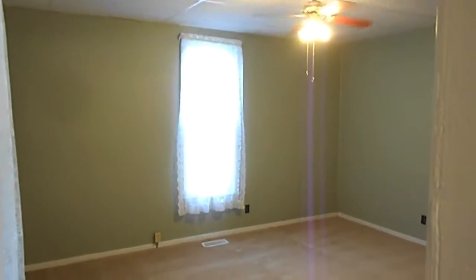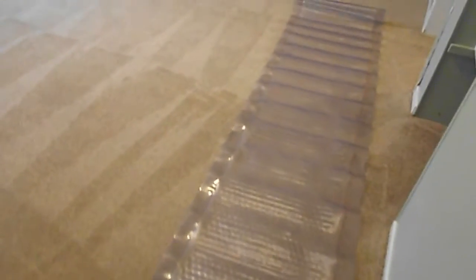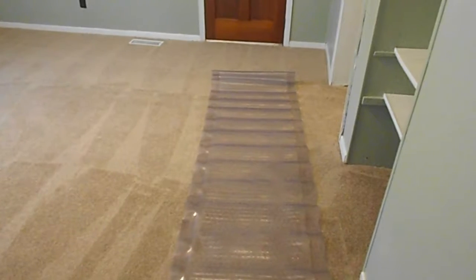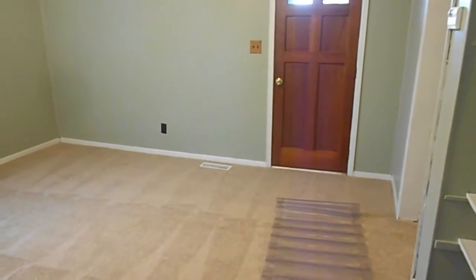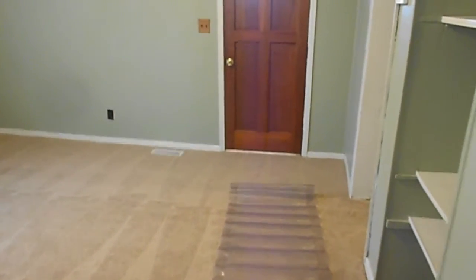I know I've got this runner on the floor. The carpets just went in today. And here's the deal. I know those runners, they say they're not good for carpet, and I get that. I'm not leaving it here permanently. What happens is that when you list a property and then the realtors bring folks in to look at the home, which you're going to want to do,